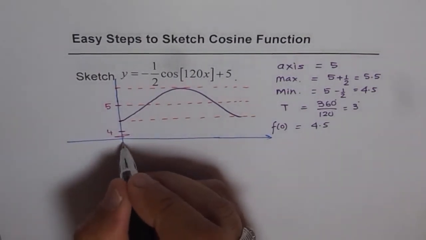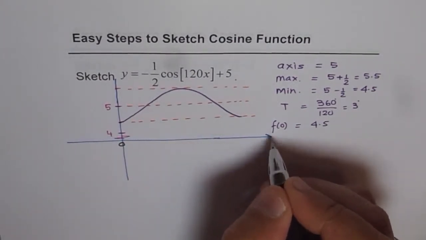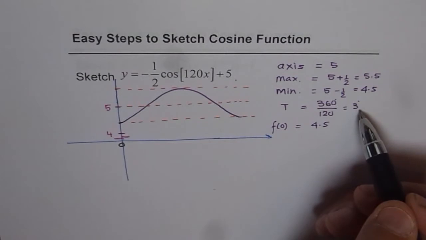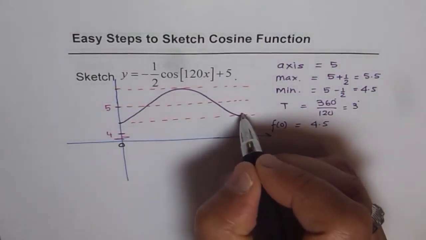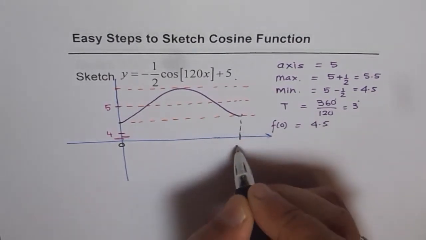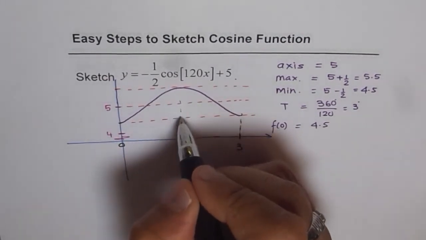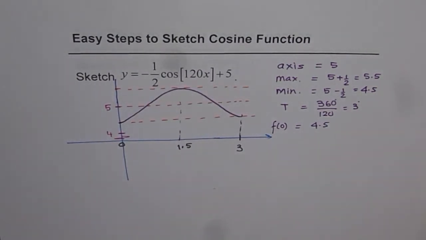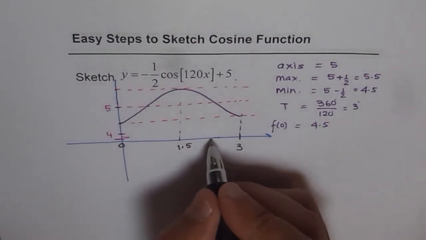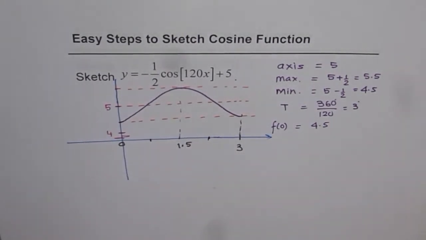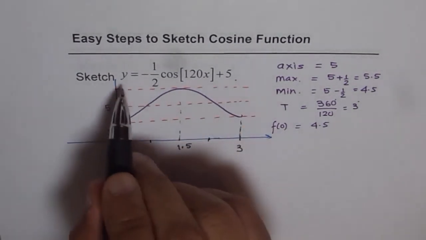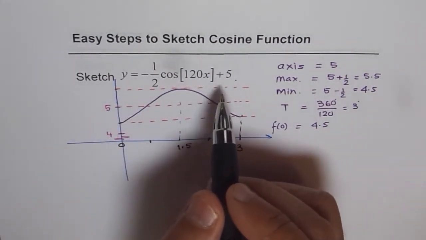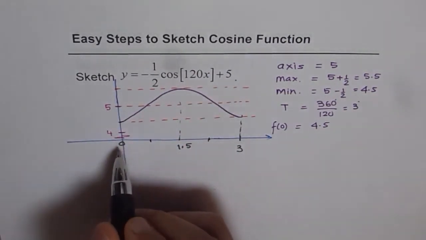That is, this is 0 along the x-axis, right? And since we know the time period is 3 for us, right? So this is 3 for us, the time where one cycle is completed. So in between we have 1.5, correct? So that is how we can sketch our function, and of course you can find the midpoints and write down these values. But the idea is that if you are given a function which is like maybe cosine, where the scales are not matching up, it's a good idea to break your scale, right? And then